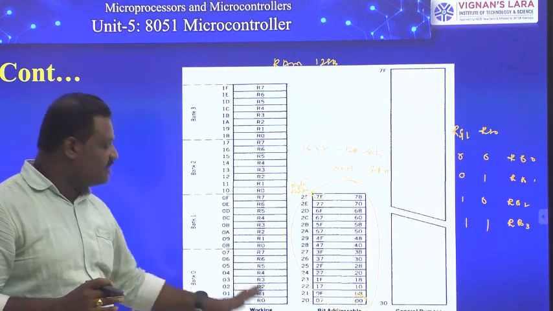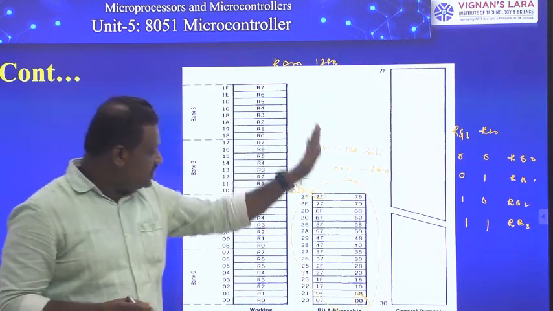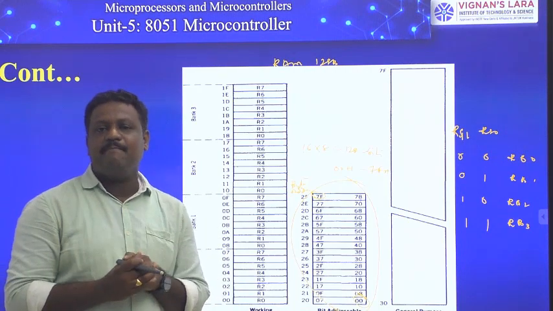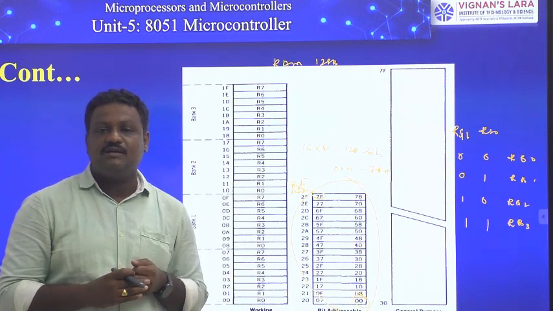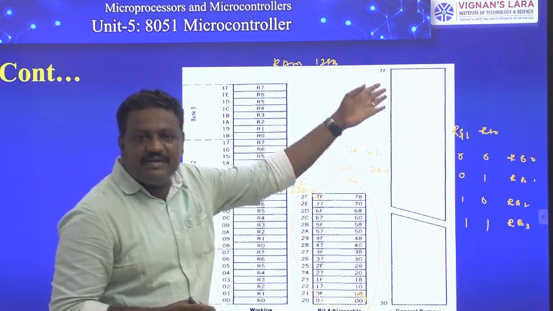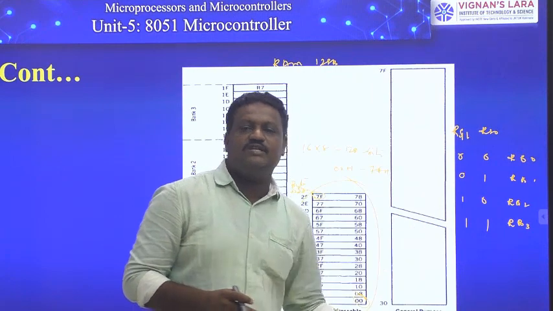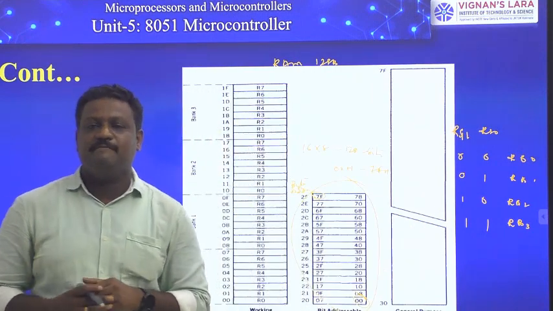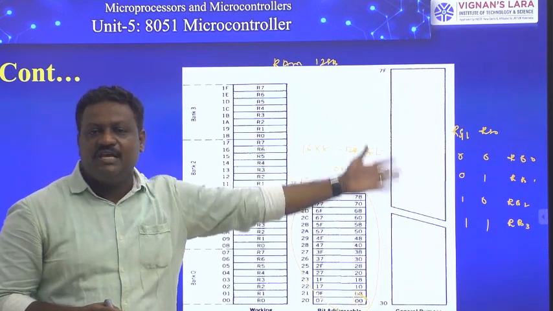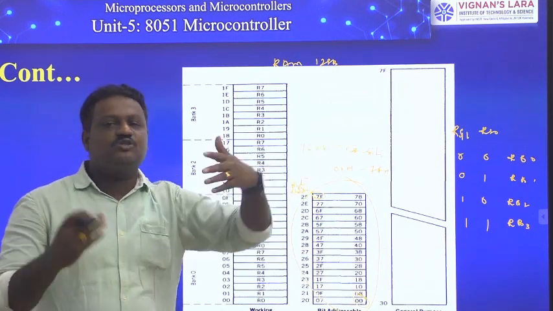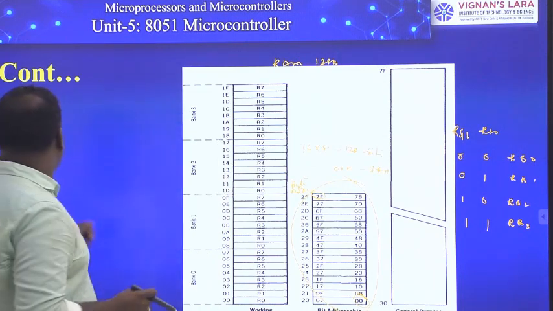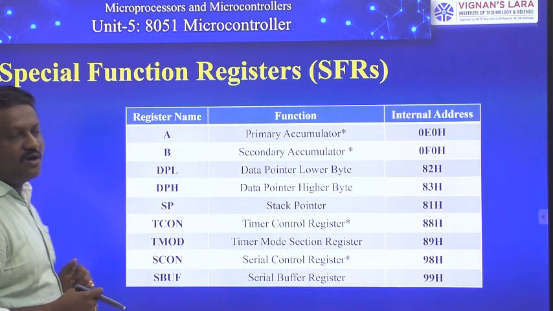So 32 bytes we come across as register banks, and 16 bytes we come across in the second partition, the bit/byte addressable area. Total 48 bytes are over. Out of 128 bytes, we are left with 80 bytes. Those 80 bytes of memory we consider as general purpose memory or user memory. The user can use these 80 bytes to store his or her information, depending on the user's interest. So this is about our internal random access memory or data memory.